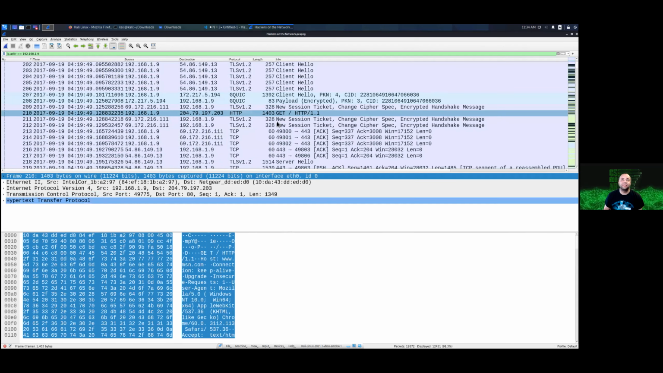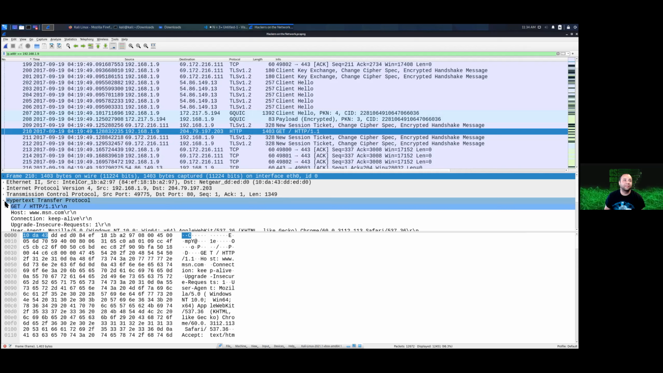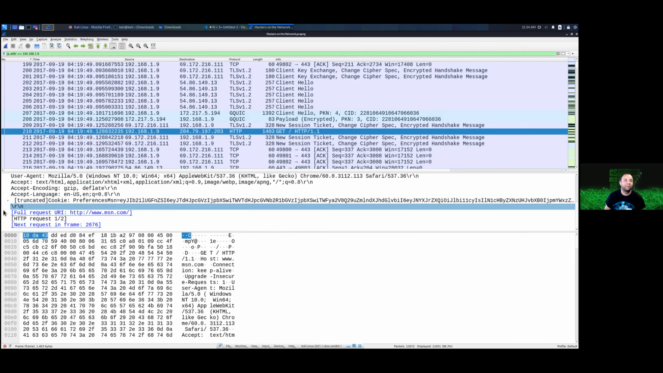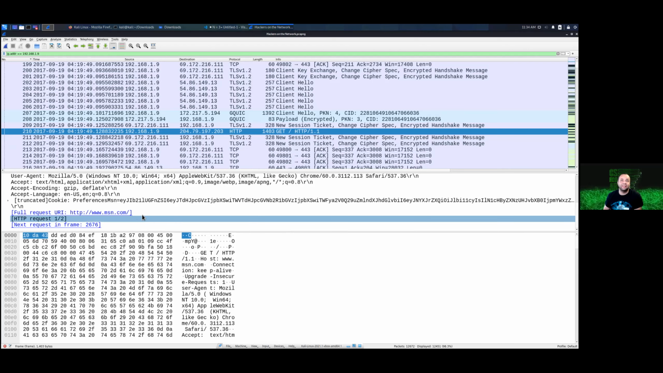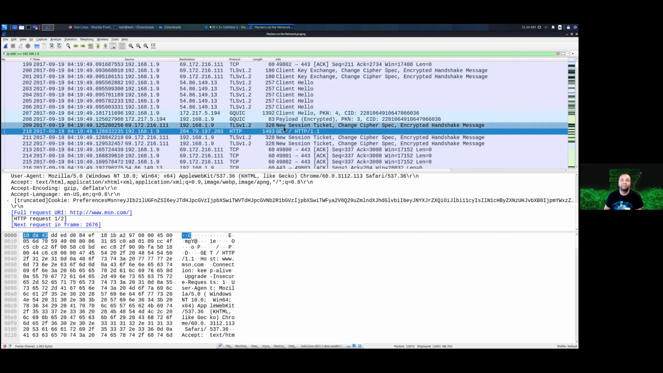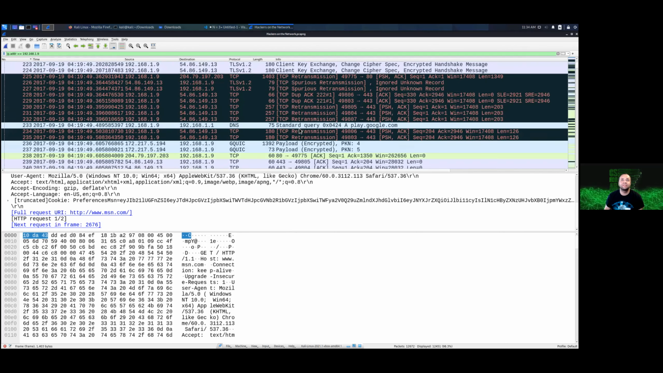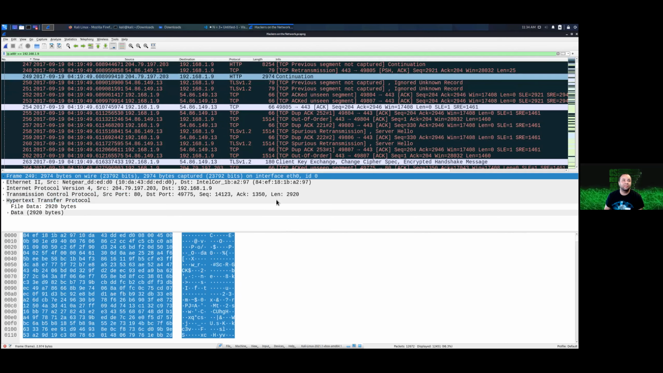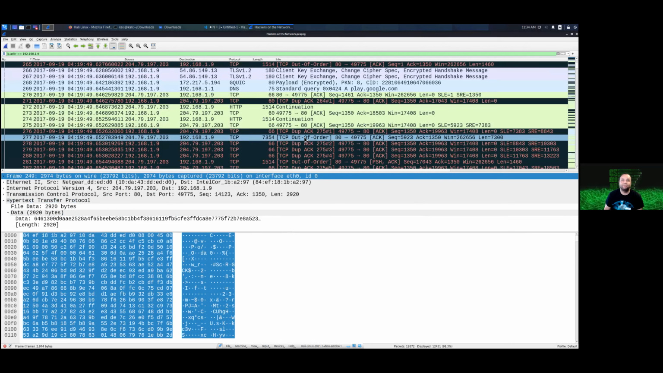So we can see here, this is a plain web page request. It looks like they try to load just the web page msn.com unencrypted. This is more of this information. Sorry, I know this part's kind of boring, but